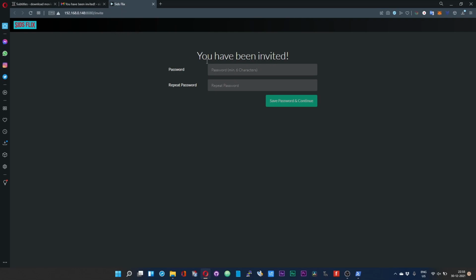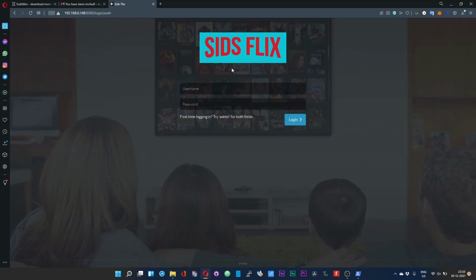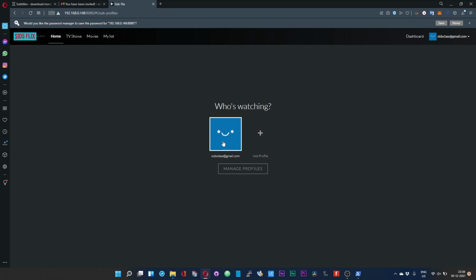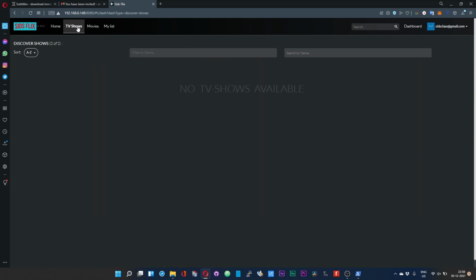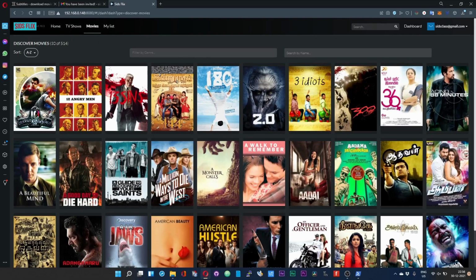This will open up an option to add your password. Okay, so now using the new user account I can access the movies, and once the TV shows are added I can access that as well.